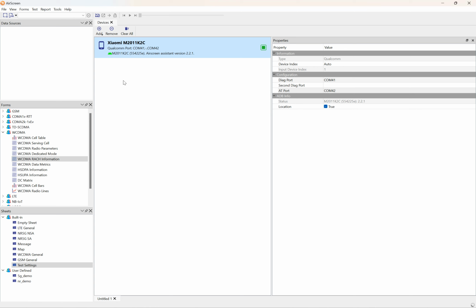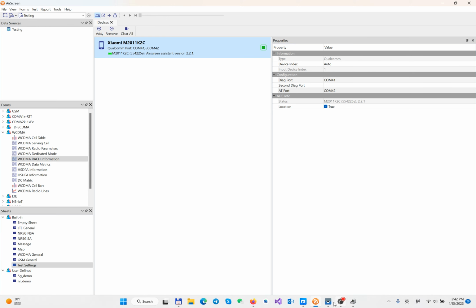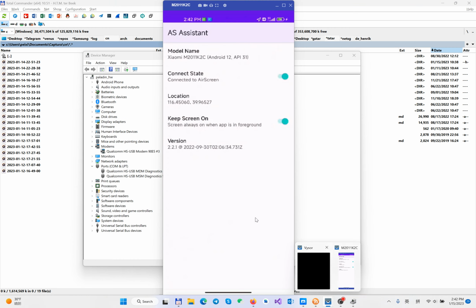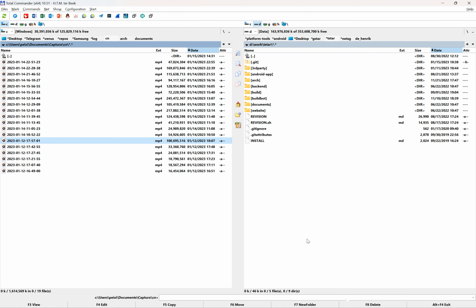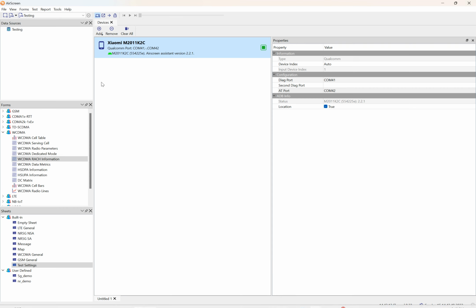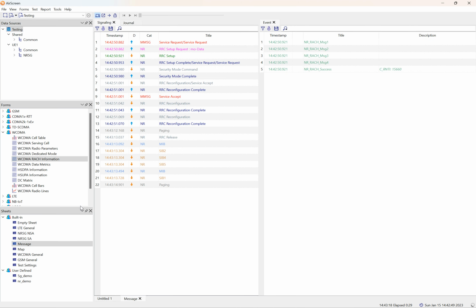Okay, we can now connect. It's ready. We can connect. Okay, from the AirScreen Assistant, we can see the status is changed, and you can see that it's connected to AirScreen, and the location is already available now. So right now we can go to the AirScreen, and we can see the message is already there, and you can see the information is ongoing,